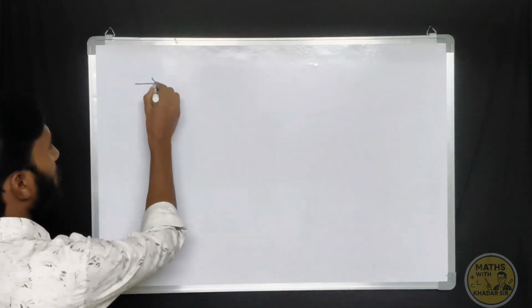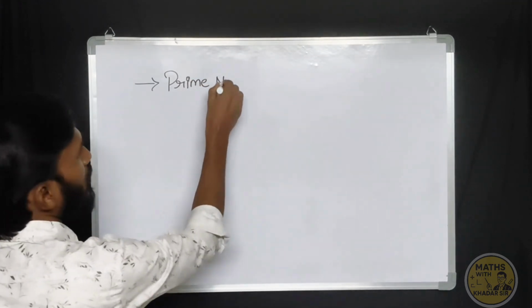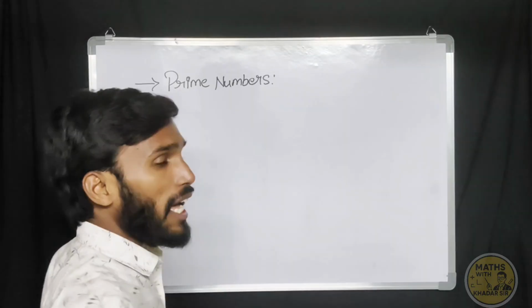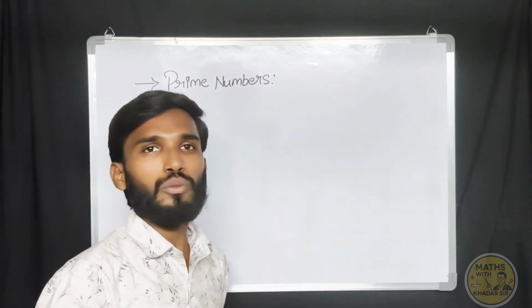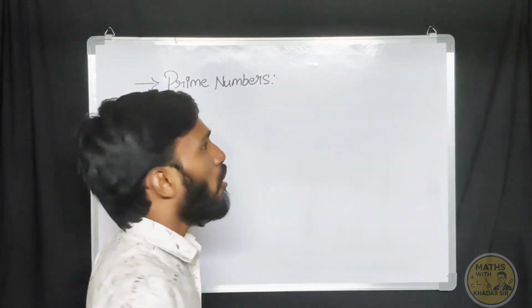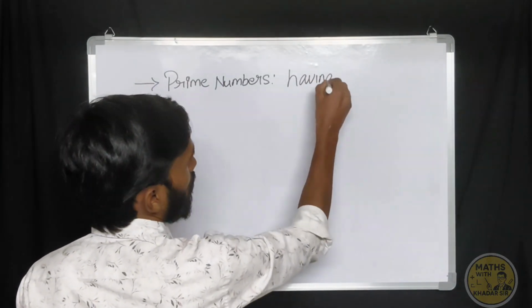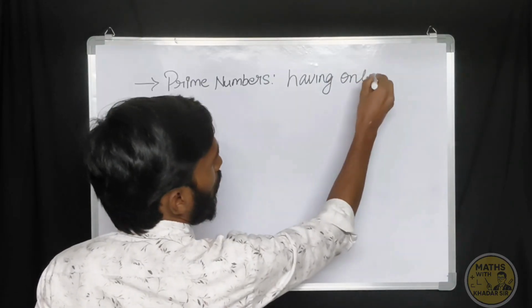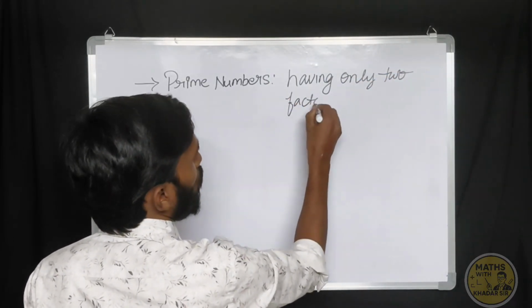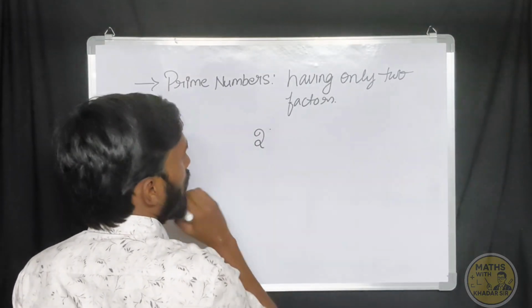We are talking about prime numbers, which have only 2 factors: the number itself, and the second factor is 1. For example, if you are taking 2,